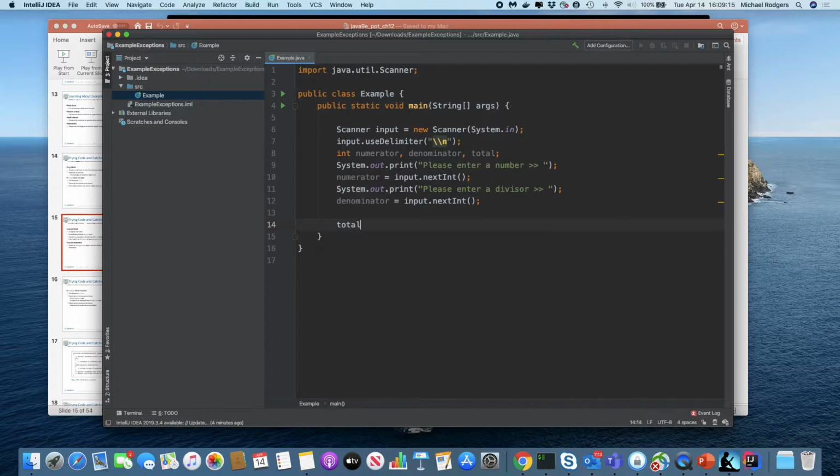And then we do the value. So we're going to say total equals numerator divided by denominator. System out print line, "The value is" total, right? And when we run this,